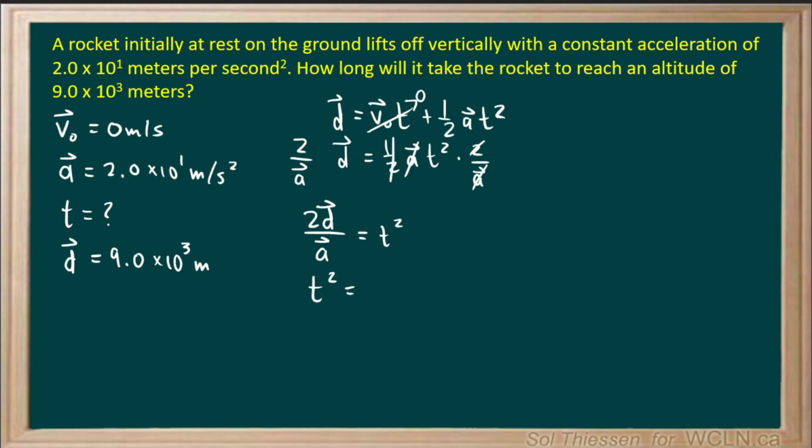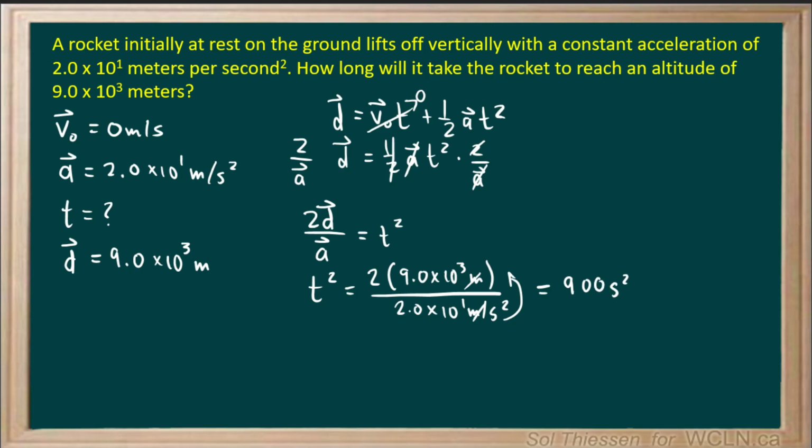Now we have values for displacement and acceleration, so we'll plug those in. We have 2 times our displacement of 9 times 10 to the 3 meters, and that'll be divided by our acceleration of 2 times 10 to the 1 meters per second squared. Meter units will cancel, second squared units will come into the numerator, which makes sense. Time squared should be in units of seconds squared. If you evaluate this using your calculator, you should find that it's equal to